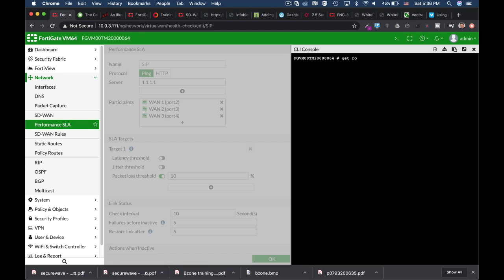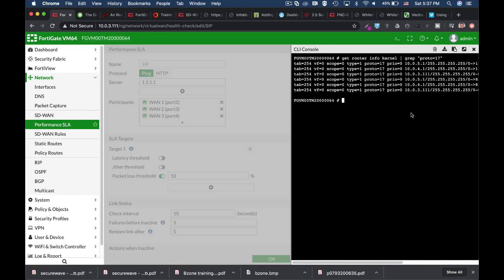So we will use the get router info kernel, and those entries are actually flagged. They are created in the kernel. They are called FIB entries, and they are flagged as proto 17. So to see them, we will use the grep command, and we will use the proto equals 17,